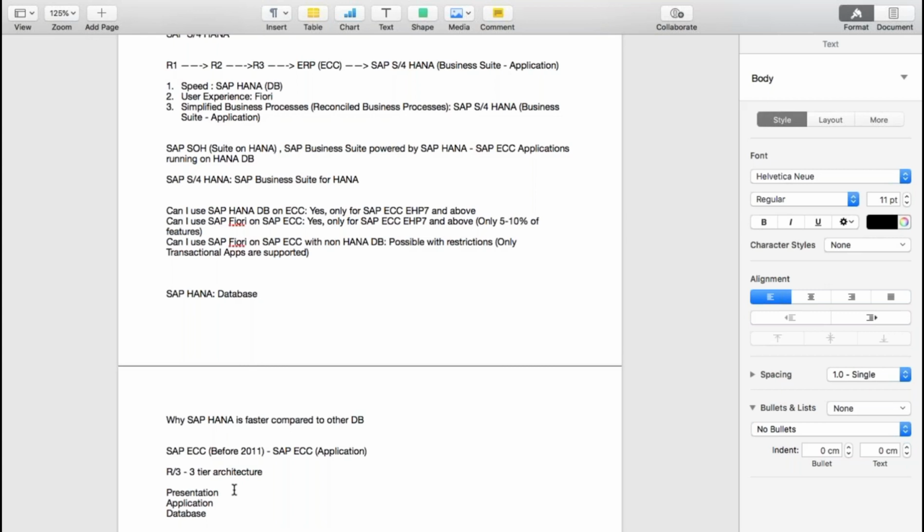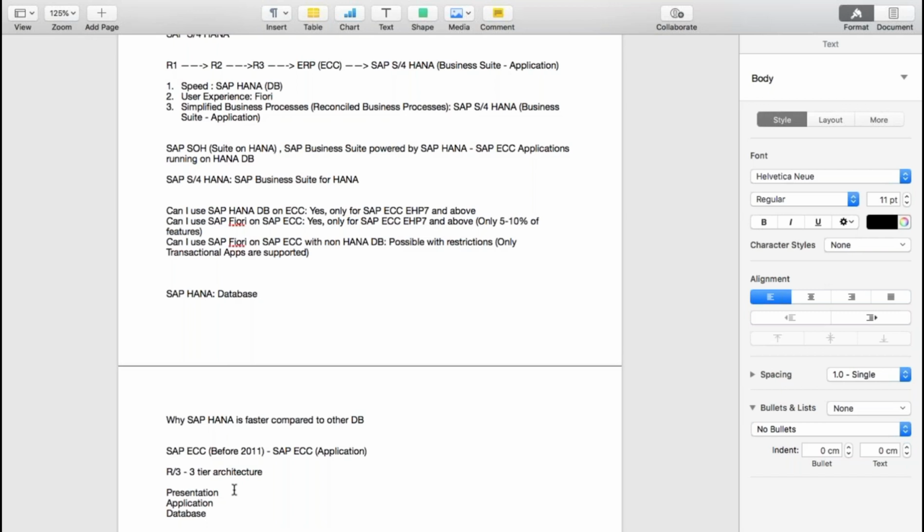From my mobile device, I am connecting to the PayPal app. PayPal is an application which is installed on my mobile device. That is the application that I am using. Whatever transactions I do in PayPal will get stored in the PayPal database, which is not available on my mobile device. Database servers are with PayPal itself. So the presentation server is my mobile, the application is the app that I'm using, and the database is the one storing the data.